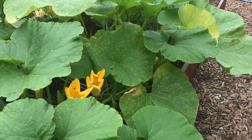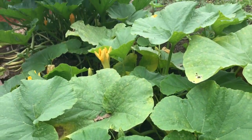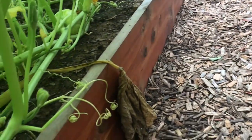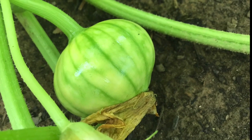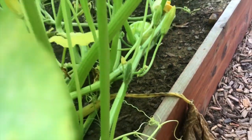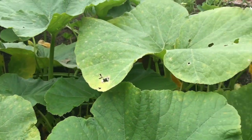Also excited about my pumpkin. I have two in here. My cousin came and I gave her one, and it's doing well, even though it also has been battling some pests, the squash bug. There's a nice sized little pumpkin there, and I think I have a couple more coming, so happy how they're doing,